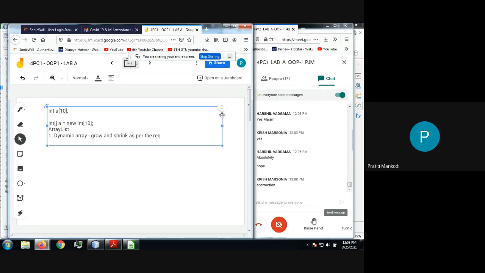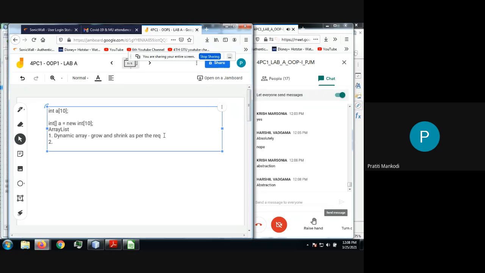So it's a kind of abstraction Java provides us, that you are only required to use my APIs, my functions to remove, to add, to sort, and everything will be on my shoulders. Fine. Great, Harshil. So one major difference, we will discuss this in detail, but as of now, just remember these points. First difference is dynamic array.